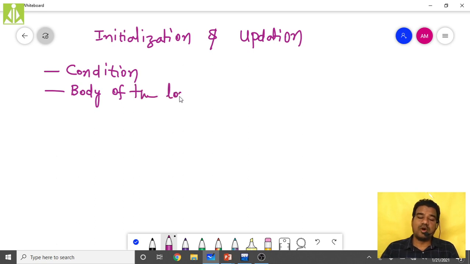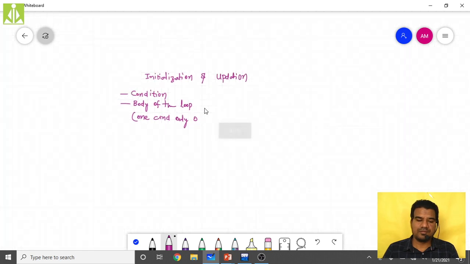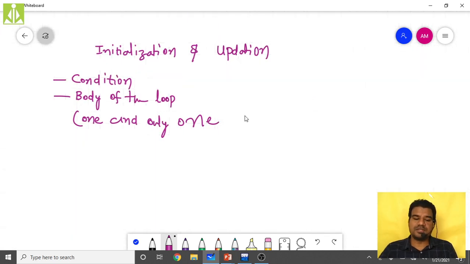The body of the loop must be one and only one statement. Remember this.